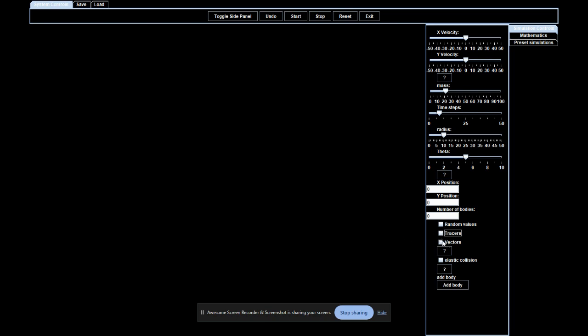Our next additional feature will be vectors. Vectors show the direction of the resultant force on each body. So the force on this body is pointing in this direction, therefore acceleration will be in this direction. We want these vectors to be dynamically changing as the bodies move, because the center of mass will be changing as they move. So upon starting,